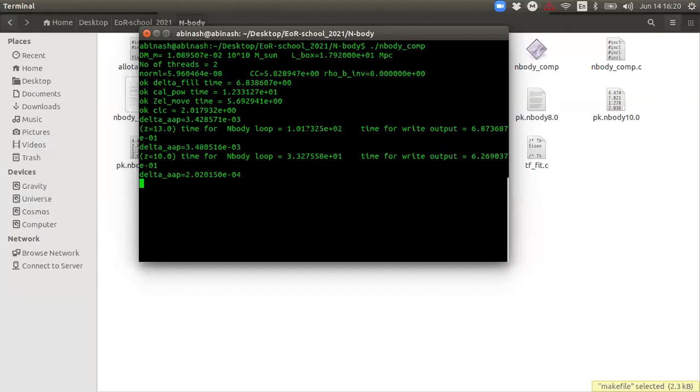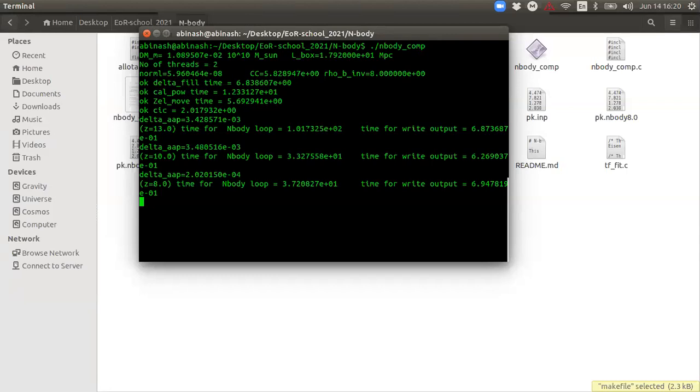Do you have an equivalent code like this in Python? No, because if you write this kind of code in Python, it will be even slower.